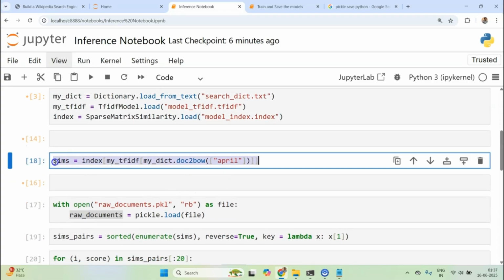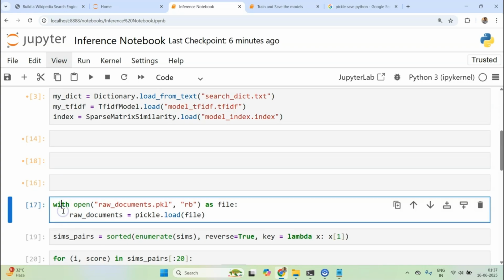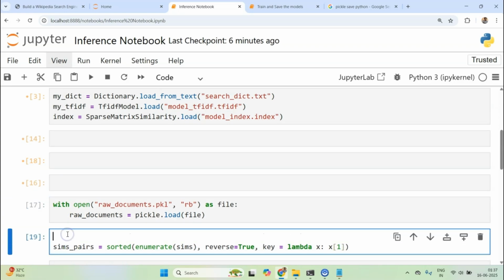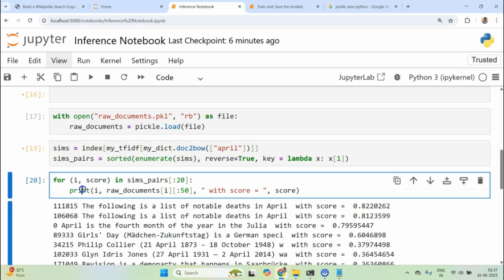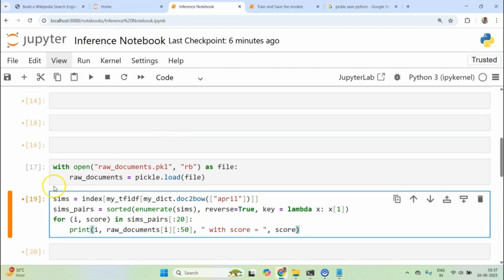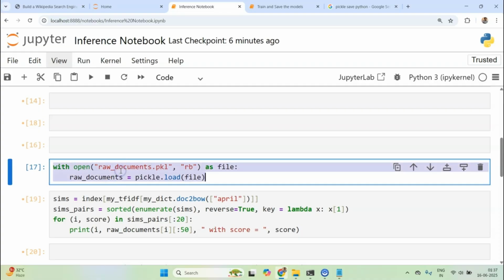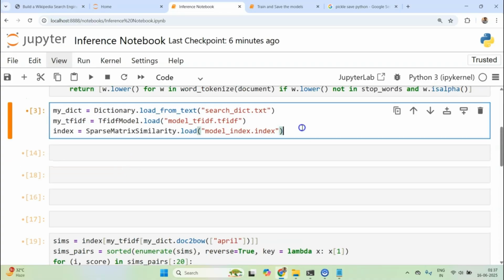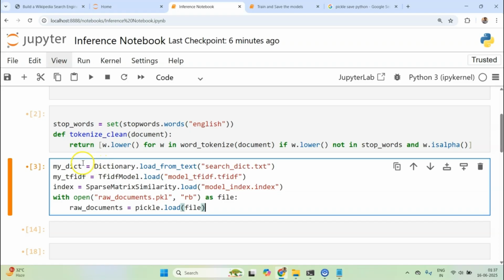I think I would need this maybe later in the inference function, and then this. Also load this one here. This loading should happen one time. I don't want my function to load whenever a call happens from my web application.